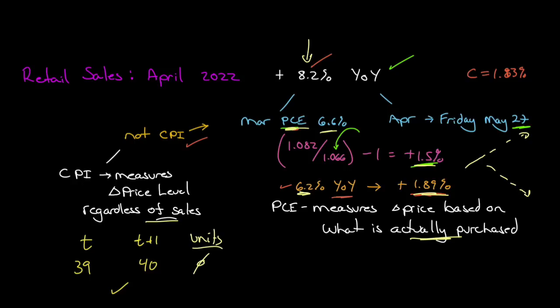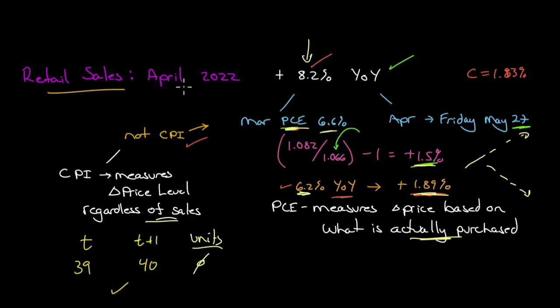Let's look at some of the categories of retail sales. This is going to be important. We'll also look at the week before we got CPI. I want to point out a few categories on the CPI, but let's look at the categories for retail sales. I'll show you where to find retail sales. It's got 12 different categories you can look at depending on what industries you're interested in.